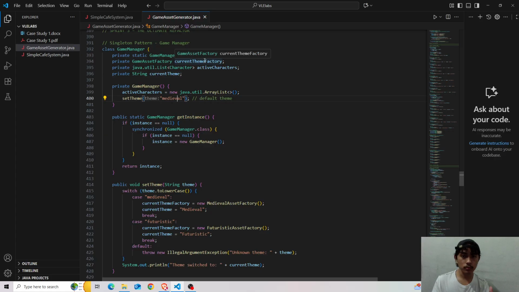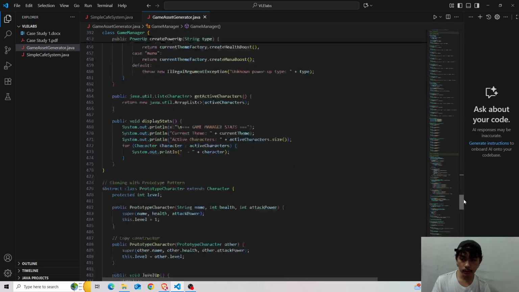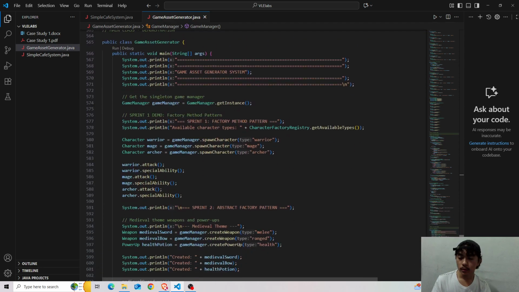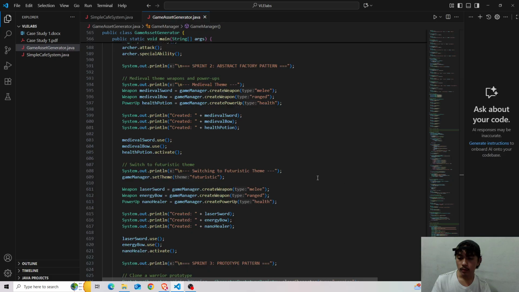The game automatically runs with its default theme, so the client won't have any problems starting the game immediately. That's why it didn't say switching.